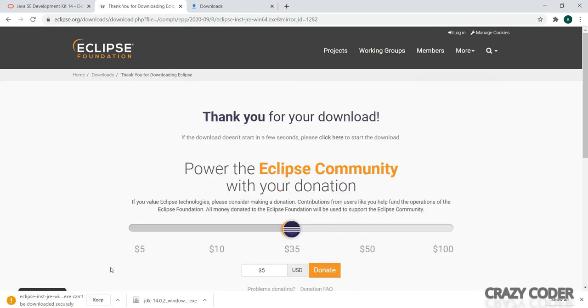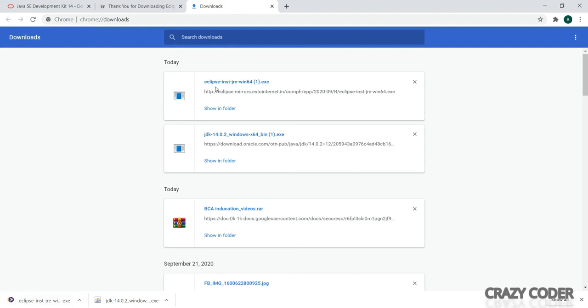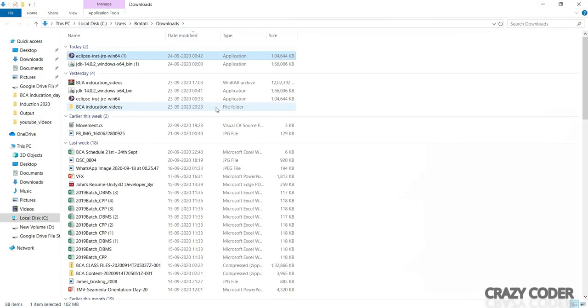Once we click on download, the file will be downloaded, and it takes some time. Once the download of Eclipse is done, now we have to go to the downloads and see. You can see that it's done, the downloading. So now we will go to downloads and I will click on this file. Okay, I will click on show in folder, and then the folder containing the Eclipse IDE will open up, and in here I will double click on it.